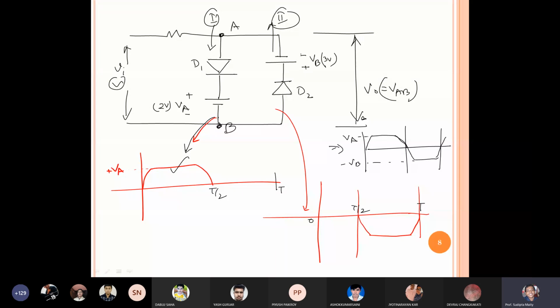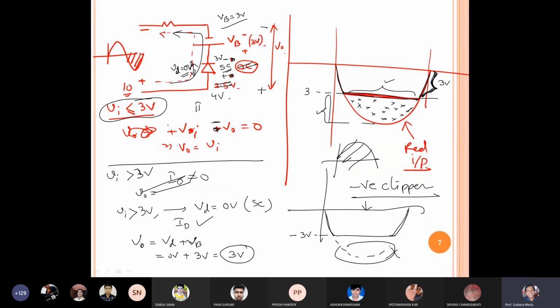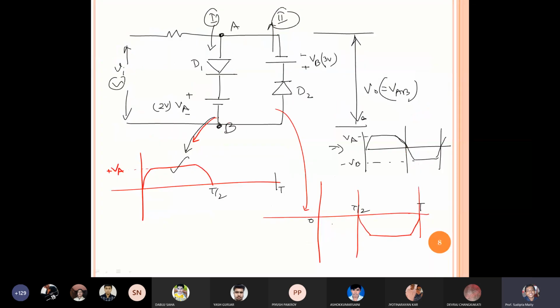Okay, do not focus on circuit 2 right now. Because when I am giving the positive cycle, then only this circuit will work. In the negative cycle, this circuit will not work. In the negative cycle, this circuit will work. So when the negative cycle is coming, it is circuit 2, and you check it is my circuit 2. Agree? Yes sir. So here I am getting the output of this one, negative portion. Okay, and here VB is assumed to be equal to 3 volt. So that's why I have drawn this circuit over here.